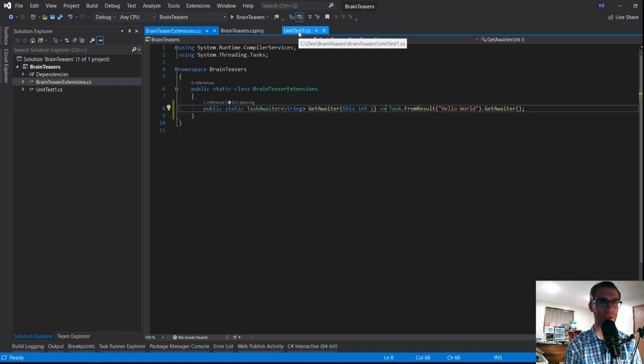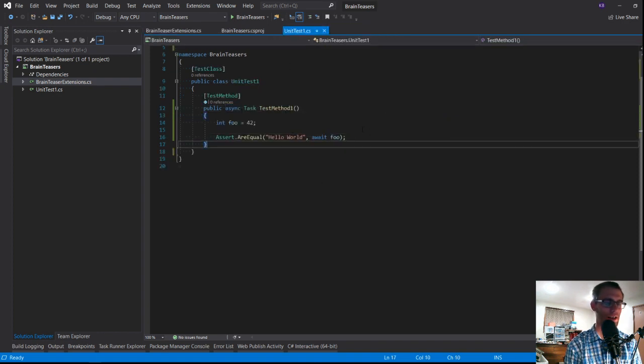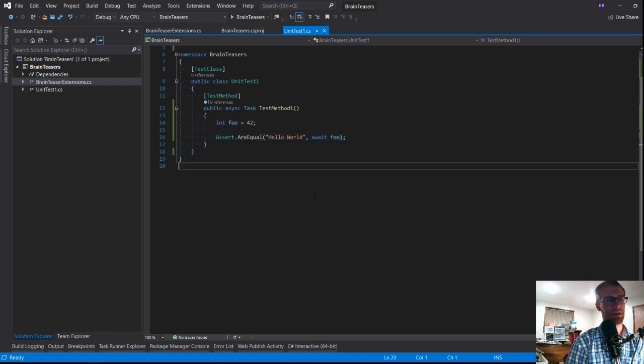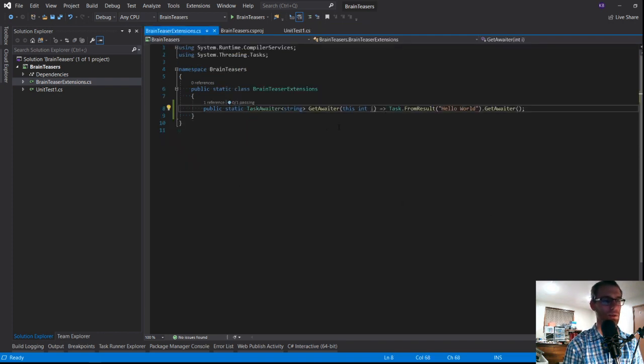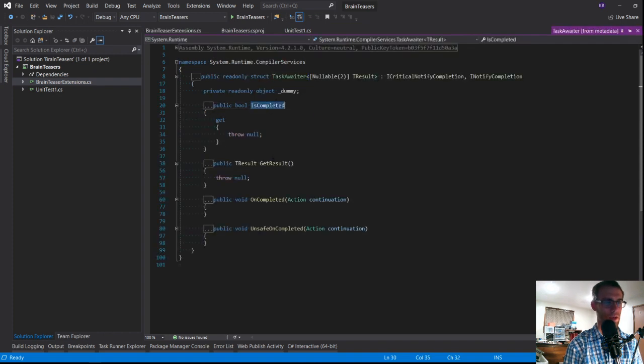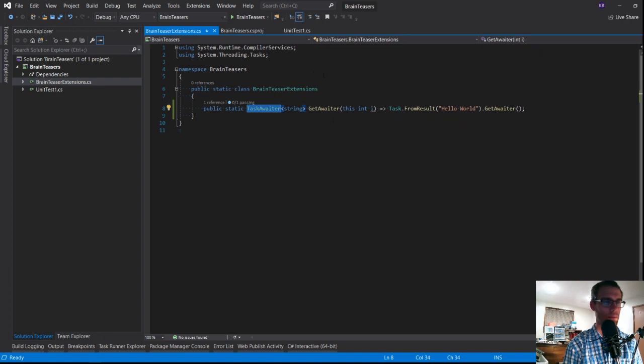which is really, really cool. This is one thing that I did not realize, that extension methods were allowed. So for those people who are interested, there's the solution. You create an extension method. The return type from the extension method needs to have all three of those magical members: the IsCompleted, a GetResult, and an OnCompleted, and optionally this one. The easiest thing to do is just implement these interfaces here. And then, poof, it works.